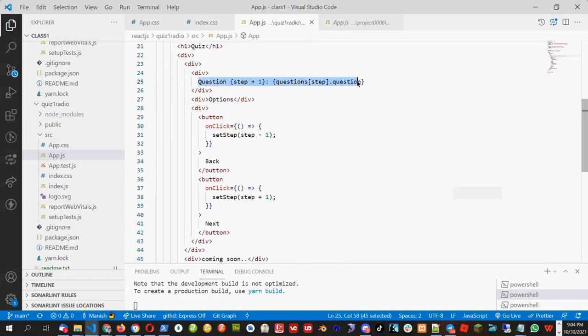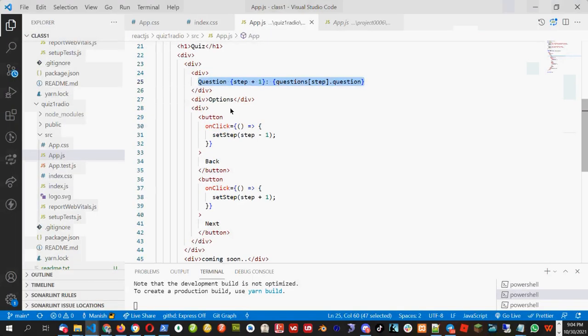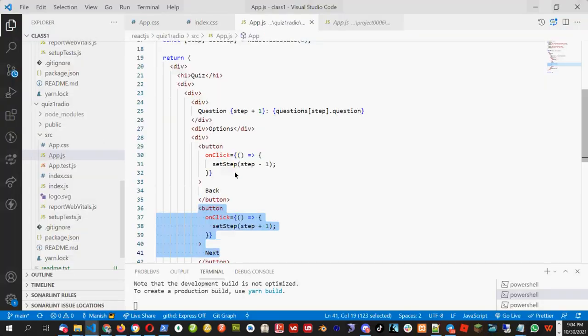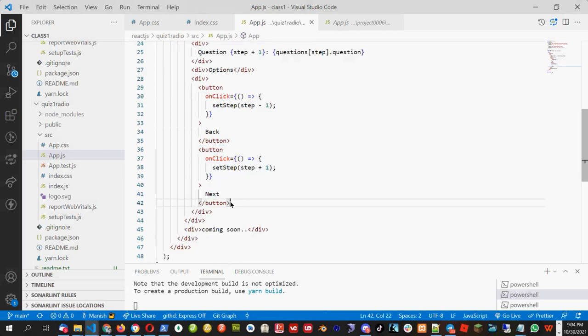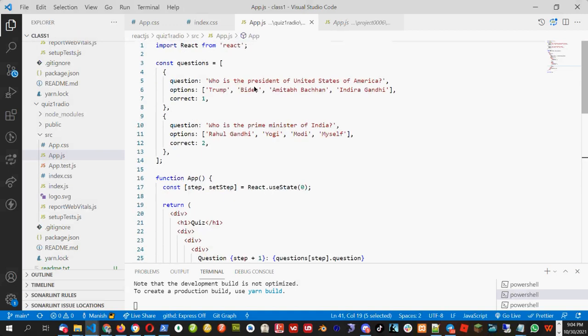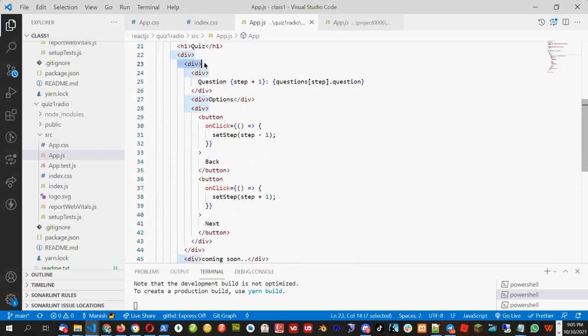But for today, just remember we are showing the question correctly as we saw in the page. And we are showing the back button and next button correctly. Okay, so let's fill the options tomorrow. If you can do it yourself, it's good. Otherwise, you watch tomorrow. I will be doing it. And I will save all the results in the state variable. And when there will be final button, I will show what answers are correct, what answers are wrong to that user. Okay, so that will be done tomorrow. And if it is not completed tomorrow, we will take one more day to complete it, depending on how much we do tomorrow. Okay, so I will give you 1 minute to finish